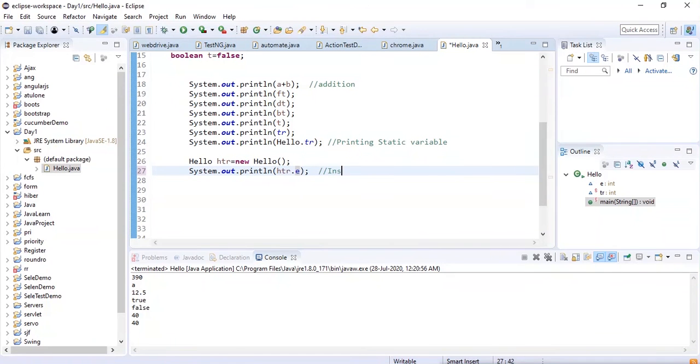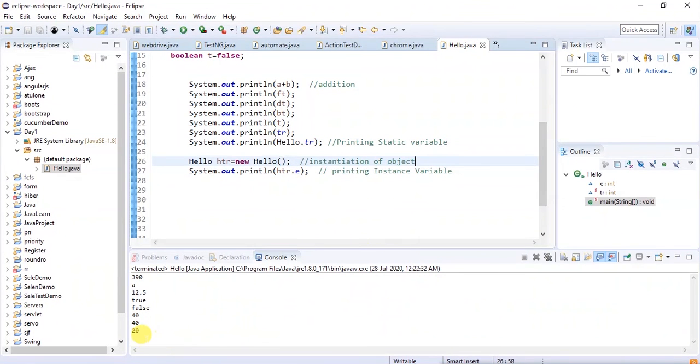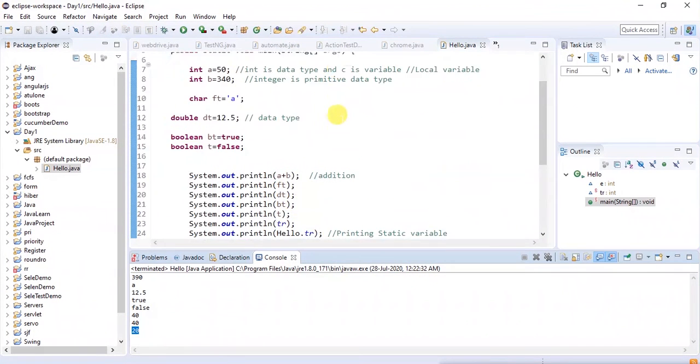So this is printing the instance variable, and here we are using the instance of the object. This will print the value of the instance variable.